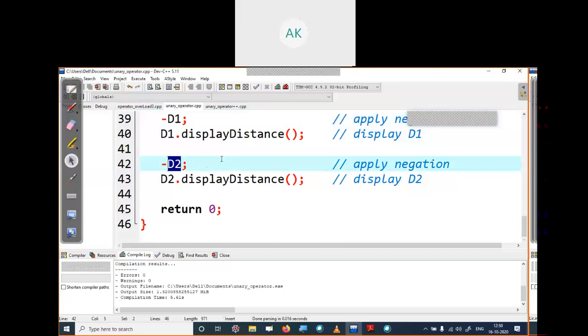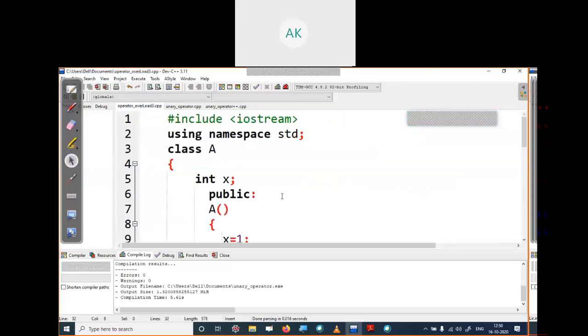Now see the operator overloading for binary operands. In this example, we will see binary operator overloading. We will have two operands and one operator. Like in this program, we will overload the plus operator.